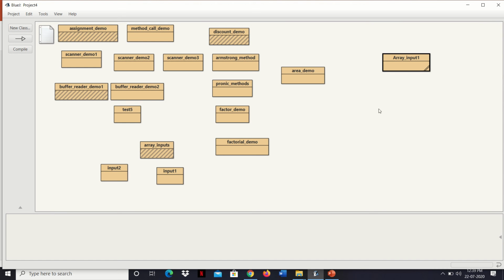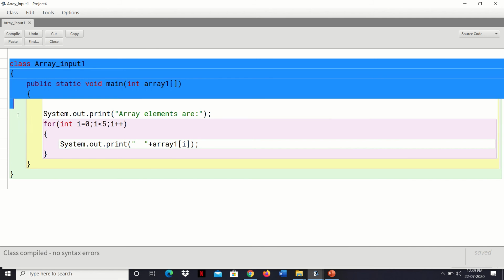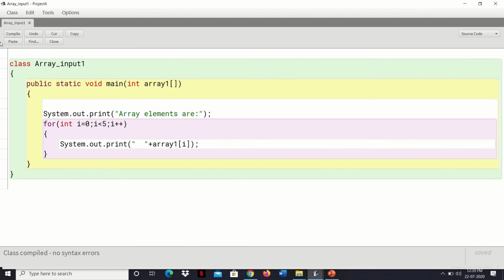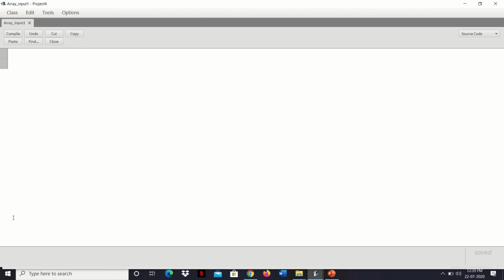Let me delete this first. As you can see, I have already written the class name here, array input 1. So let me write here class array input 1.